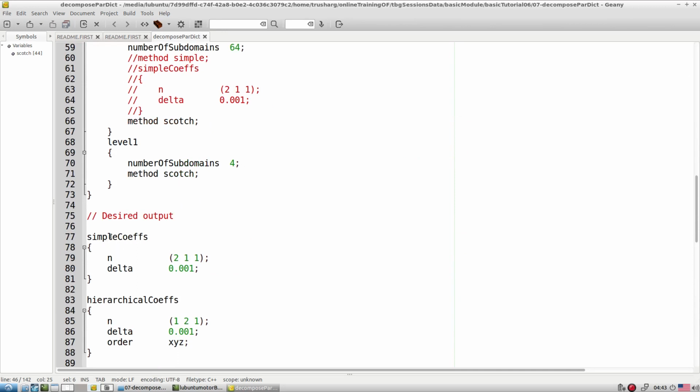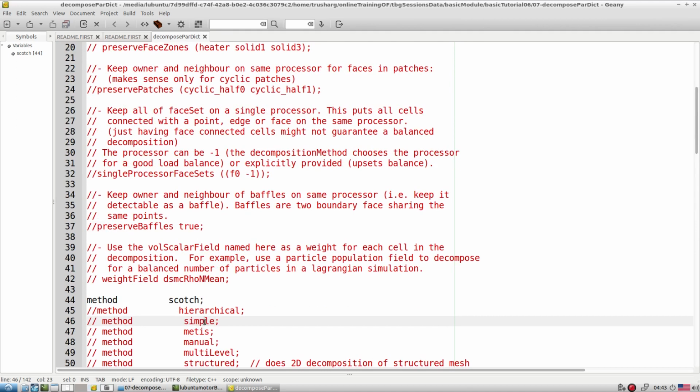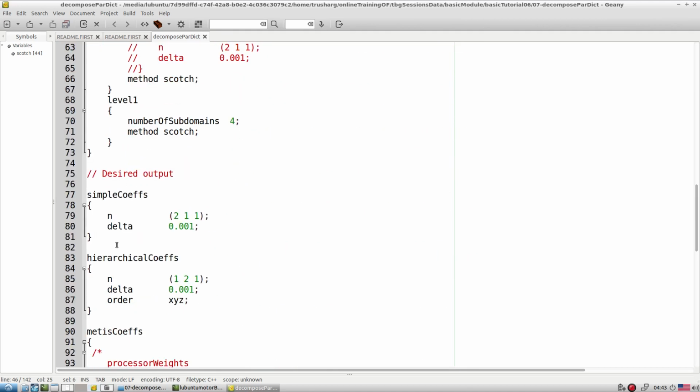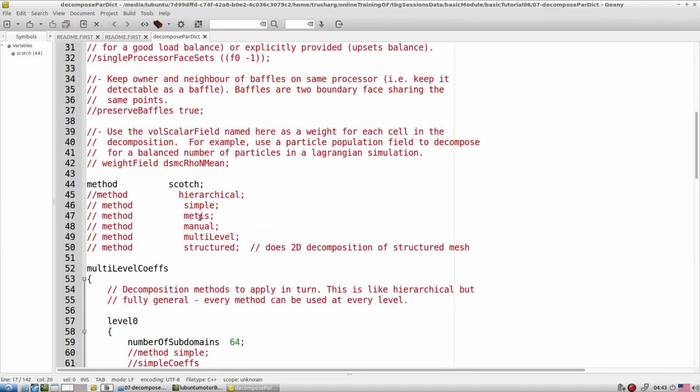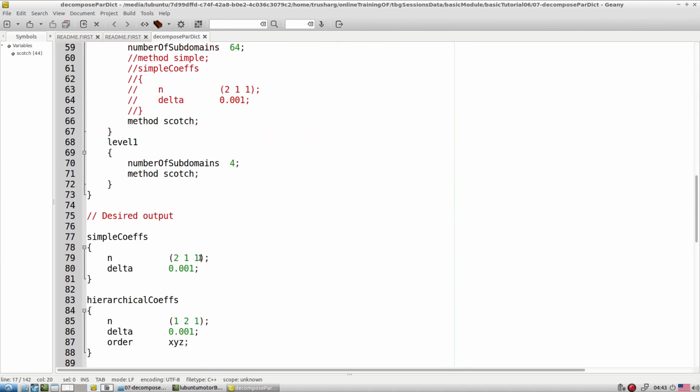When you specify the method as simple, it is going to utilize these simple coefficients: the number of processors in x, y and z directions. Let's say we want to decompose in 2, then we have 2 1 1. Let's say we want to decompose in 3 in the x direction and 2 in the y direction, and z as is. Then we have 3 into 2. Let's say 8 in all x, y, z directions, then 2 2 2: 2 into 2 is 4, into 2 is 8.